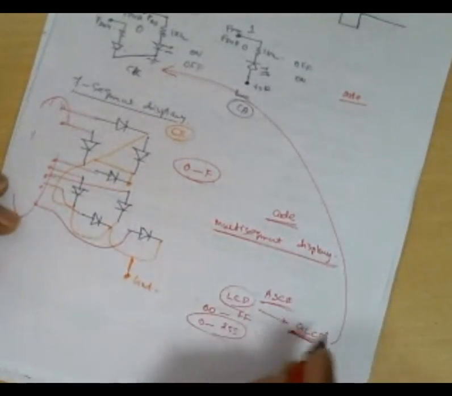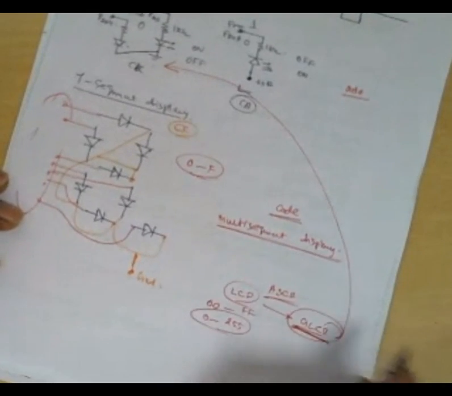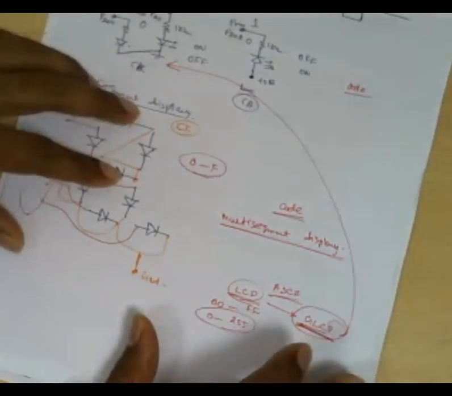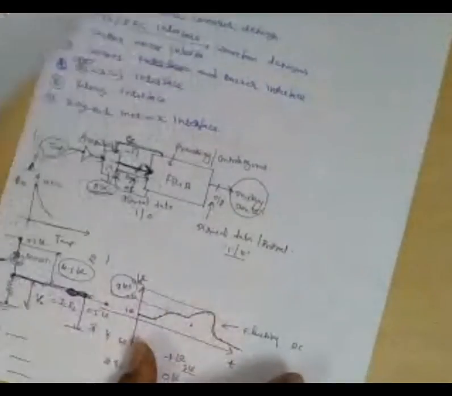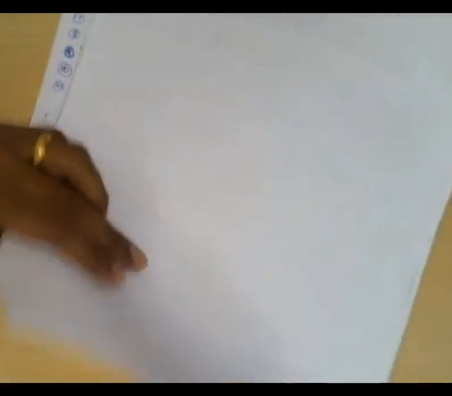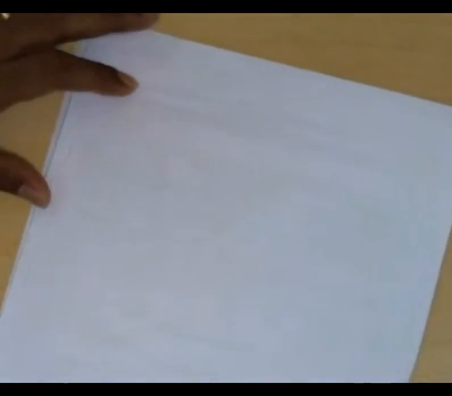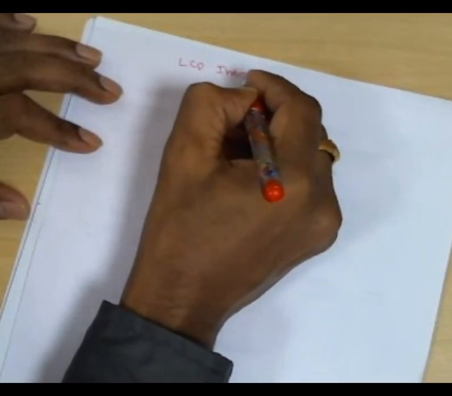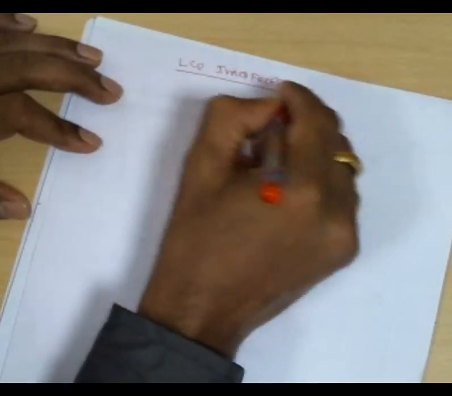So the LCD, GLCD. GLCD also we will put in the next course. LCD we will see now. What is LCD? How to connect it with the FPGA now, right? Next one is LCD. Okay, fine. We will go to the LCD now. LCD interface. This is a very interesting and very important interface. We will first understand what is LCD now.